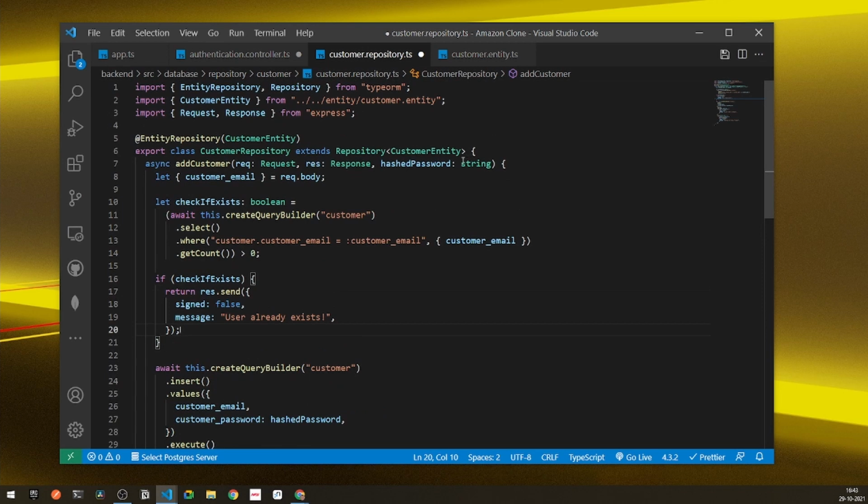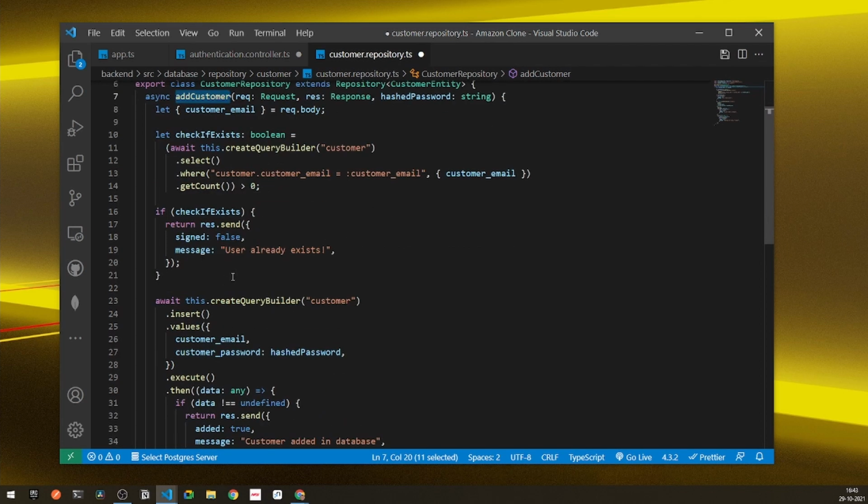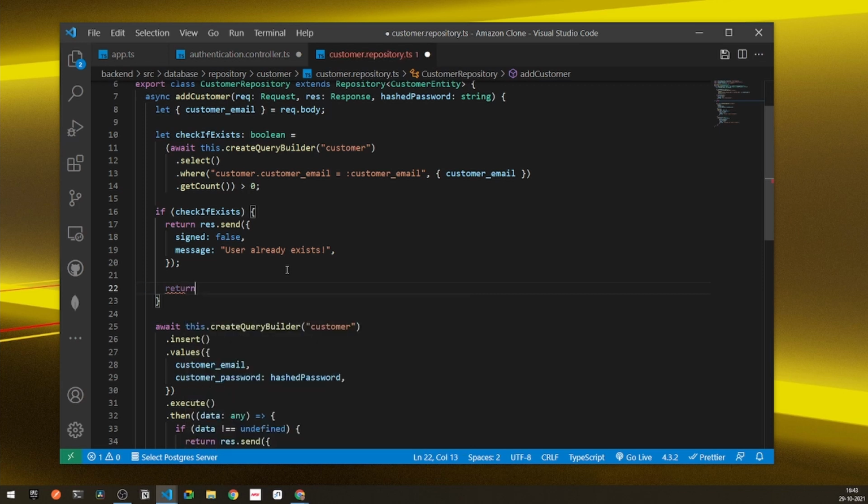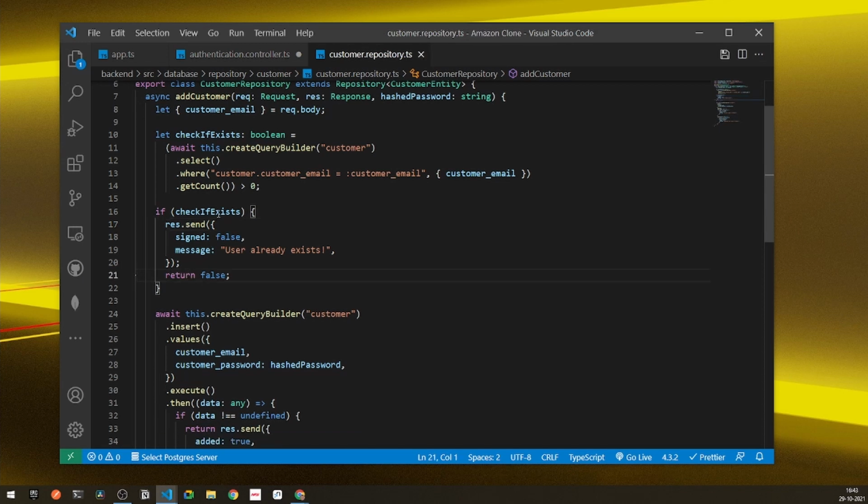Also, we will be sending some response back to this method, if the following method of adding the customer is validated or not, that is if it succeeded or not. So now I'll simply say here return false. Instead of returning the entire response, I'll simply say return false. If the following user exists, I'll say return false, that is the user is not added.